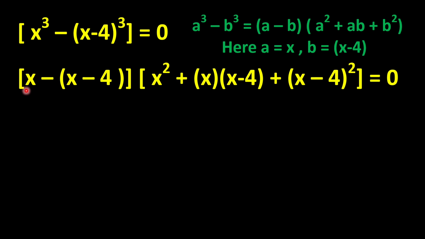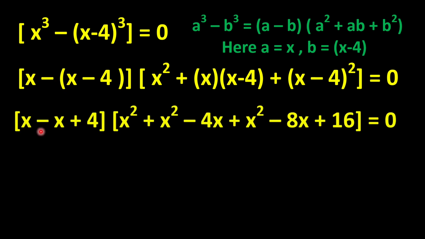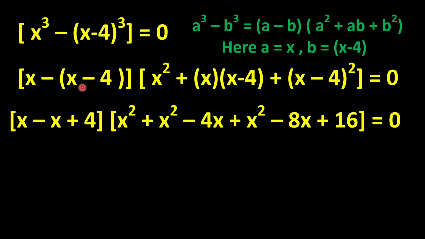This will become (a minus b) into (a squared plus ab plus b squared) equal to 0. And now this will become x minus x, and minus times minus equal to plus 4, and then x square plus x into x equal to x square,